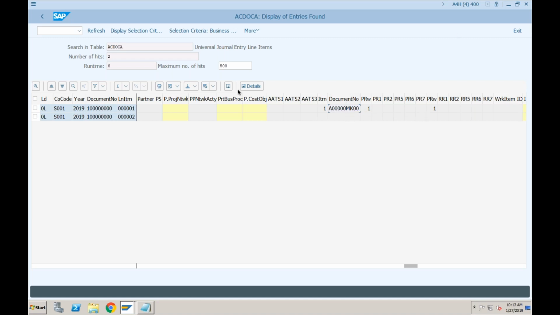So even for controlling also, this is the document number. There is no range for this statistical document number. We don't need to define any number range for this document number. I think Shailendra also asked this question. Have you understood, Shailendra? So this is called the universal document number, and the table is called the universal journal document table.